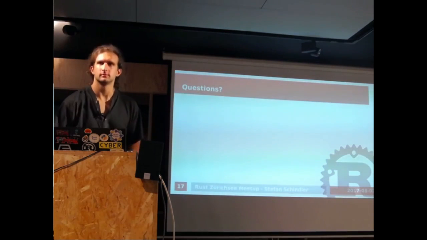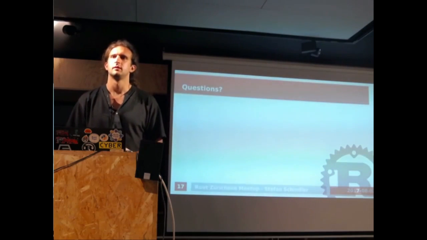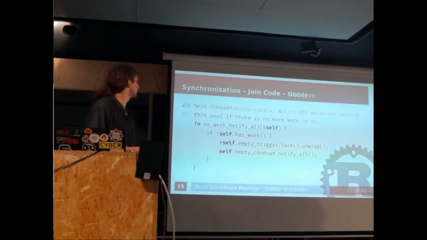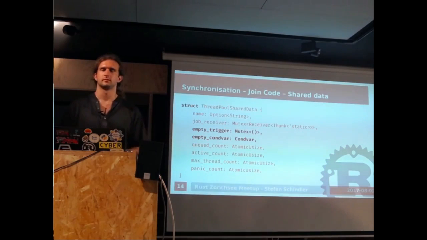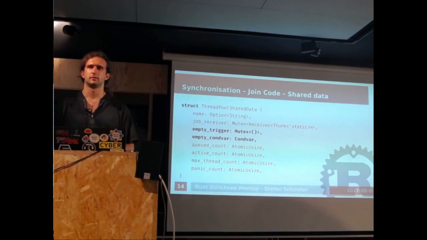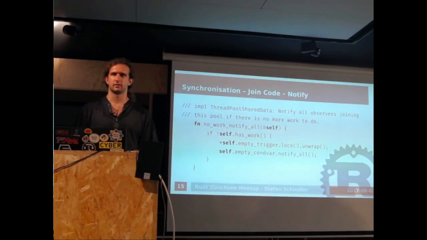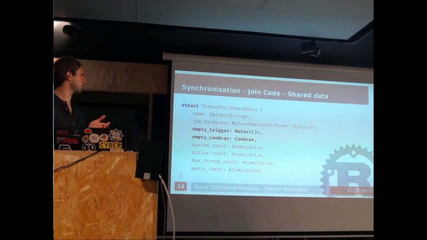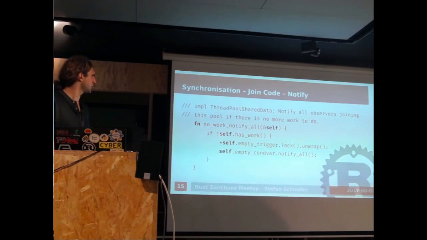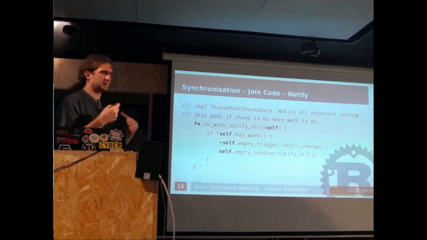How is work implemented? Is it using some mutex instead or an atomic counter? Pardon, what's implemented? Shared data dot has work. This one. And it has a work function where it acquires a lock on the job receiver. Oh, you mean for the notify? Yes. So first it checks if self has work is false. I actually prefer it to be: if self has work equals false. If there is no more work to do, it will try to acquire the lock.